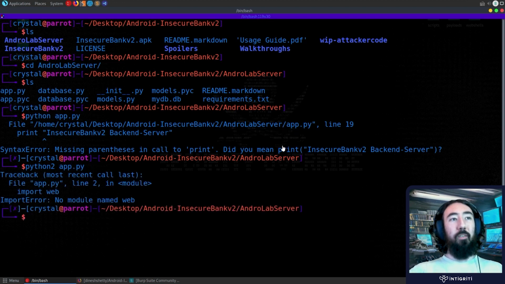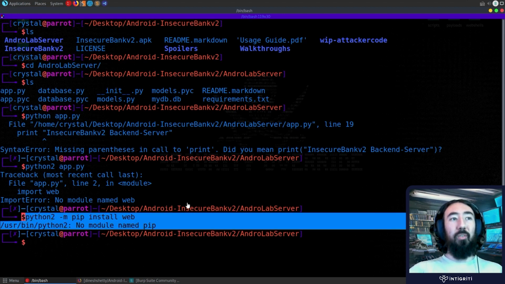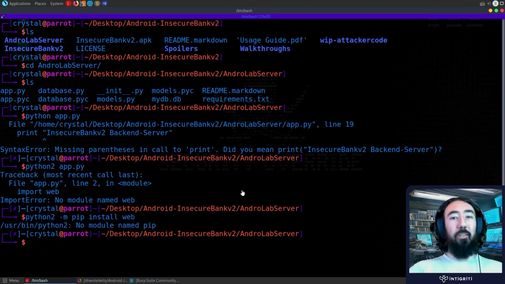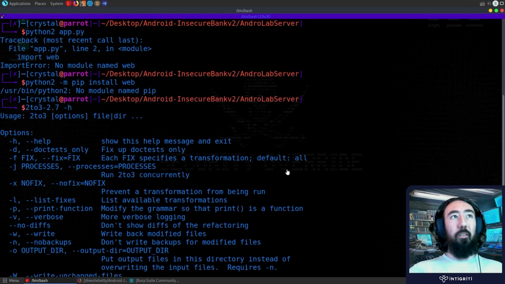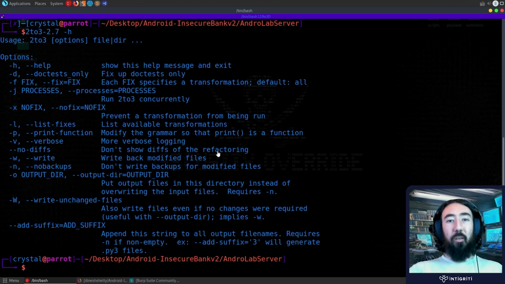And if we do Python 2, it's going to want to install this module. And then if we try to do python 2 -m pip install, that's not going to work for me anyway, the way that Python 2 is set up on Pirate OS. So you can use a virtual environment, or you can go and change this to Python 3. Now what I normally do in that case is use 2to3, and then you can basically pass in the script and say you want to write the output, and it'll convert all the Python 2 stuff to Python 3 stuff. However, that didn't work for me in this case because there were some issues with spacing and indentation,